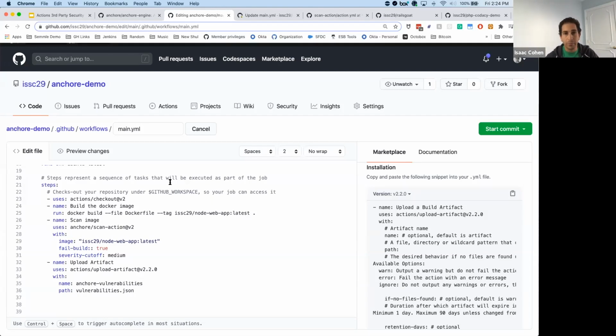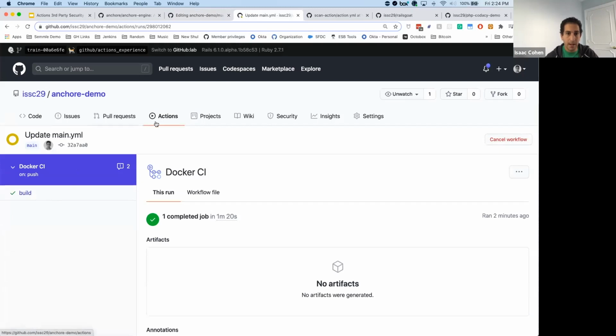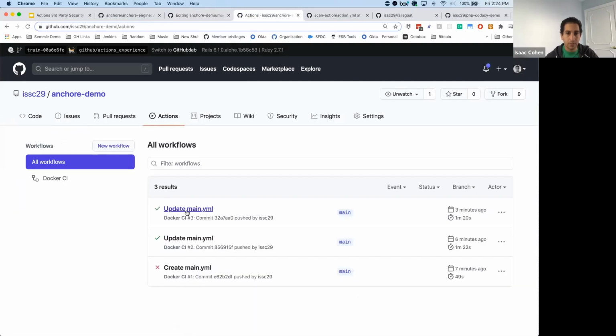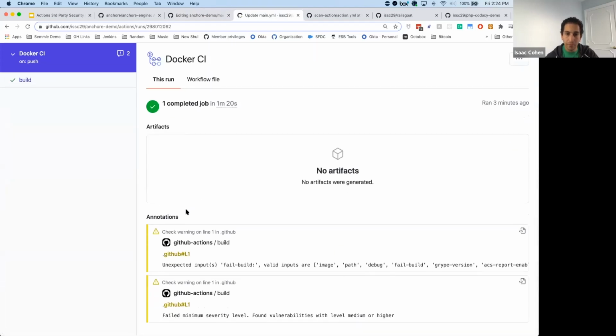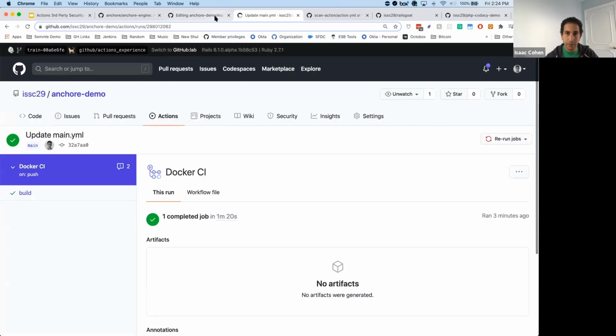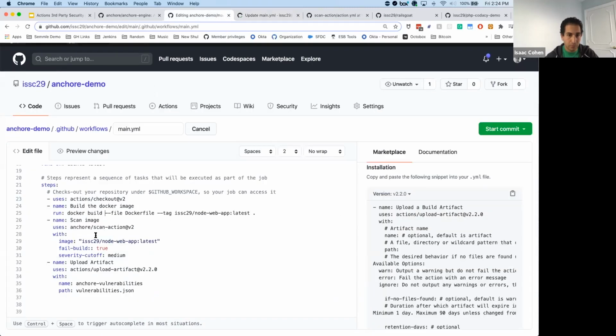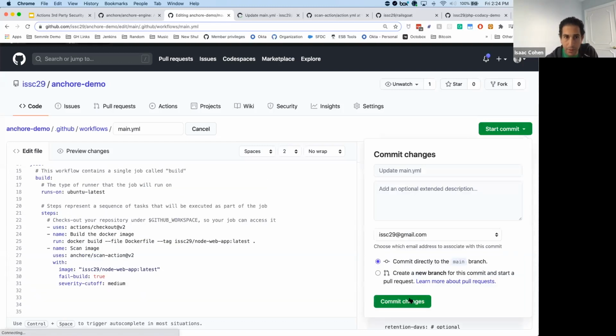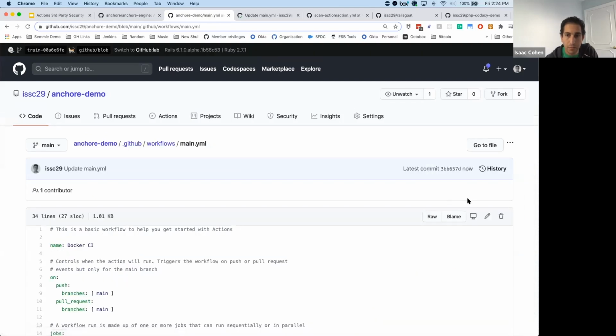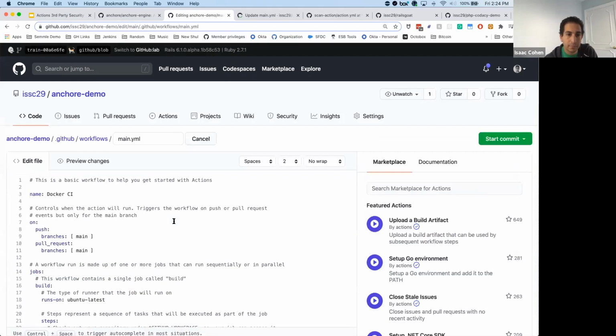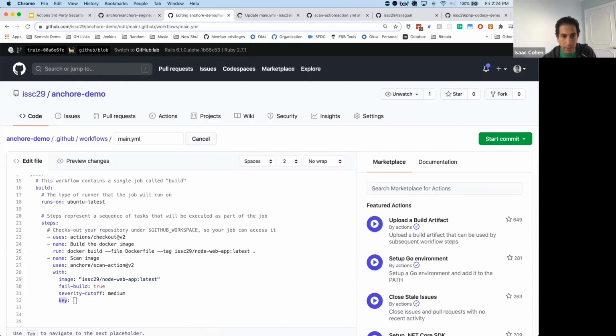The only problem is that if we look, this one passed. We're going to want to look into that. Fail build. Oh, another typo. Fail build is true. Let's just commit that and run this again so that we fail the build. So while that's running,